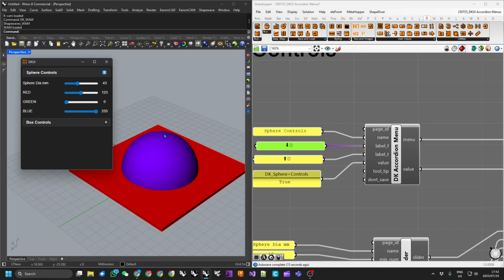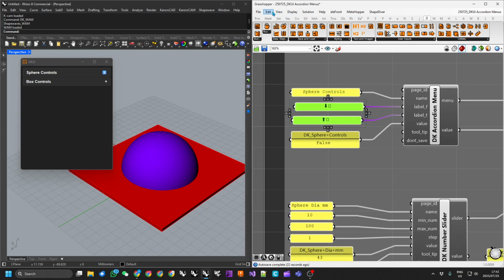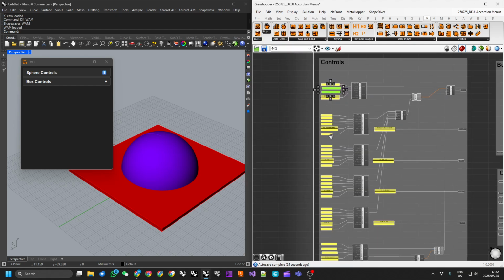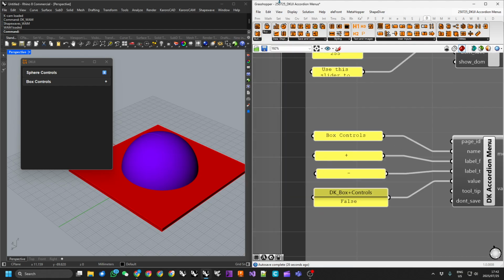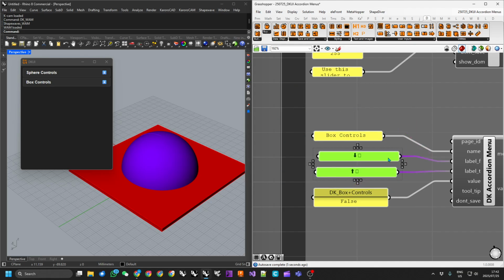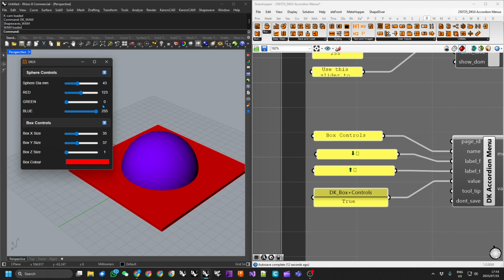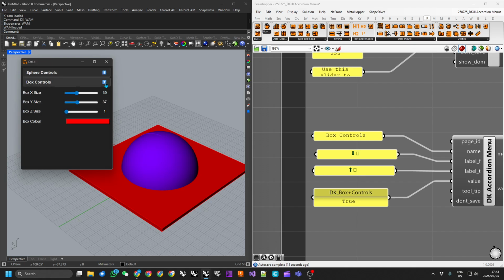So any valid emoji can be used within a big sphere of the DKUI controls. But we can actually take those same two and we can bring them down here. We can plug those into our labels. I can delete these off. So now we have those emojis as our little pull downs and pull ups, to open and close these accordion